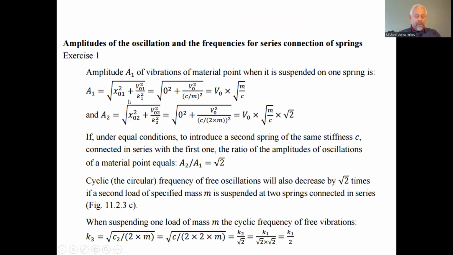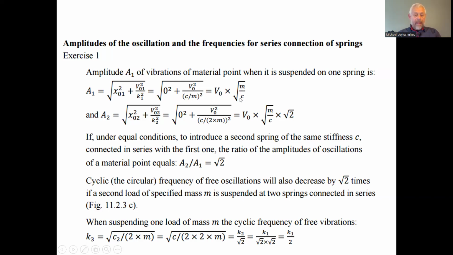So if we have, for the first case, the stiffness characteristic of the spring and the mass of the load, as indicated in the formula, assuming the initial displacement of the load equals 0, the amplitude of the oscillations will be V0 multiplied by the square root of the fraction of the mass of the load divided by